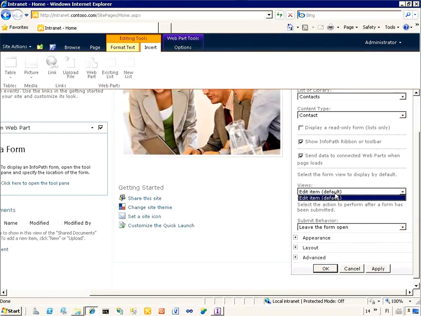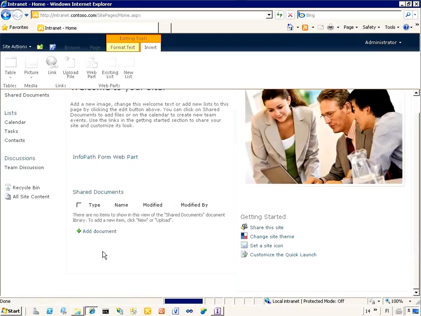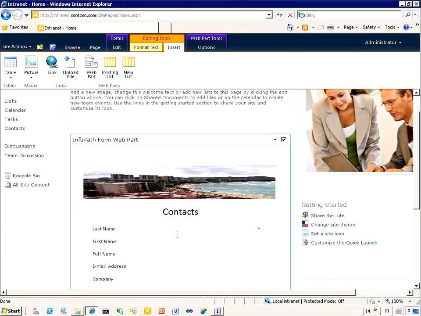And what do we want to show? We want to show edit item, and let's open a new form whenever we submit the information which has been entered. There are multiple other options available as well. Let's click OK, and we're able to see our custom InfoPath designed form directly within the front page of the site. So now if I start updating this information,